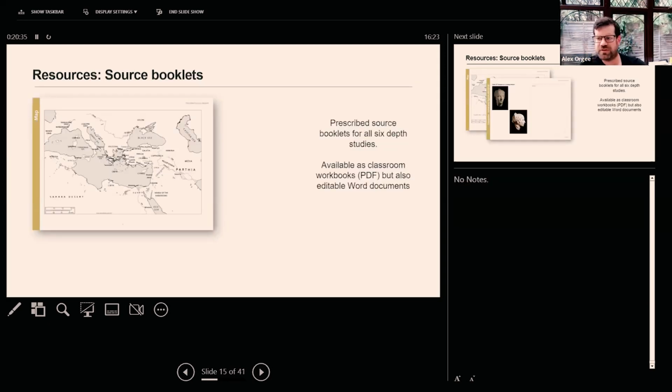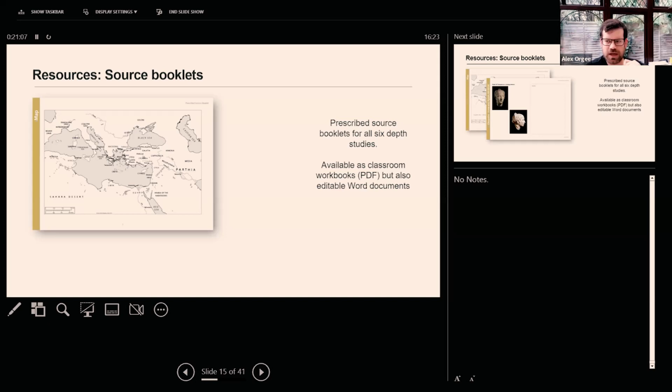We've also produced freely available source booklets that contain all of the sources for the depth studies. We produce these in two different formats, so a classroom PDF booklet and editable Word documents. I'm just going to talk through very quickly some of the features of those prescribed sources booklets, mainly the PDF classroom ones. We've included in each of those booklets a map so that students can understand how the